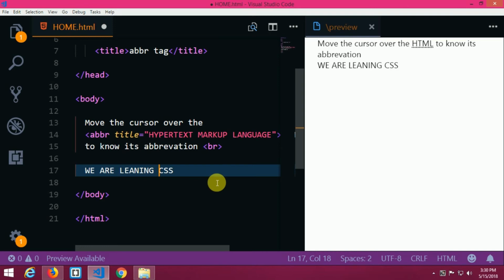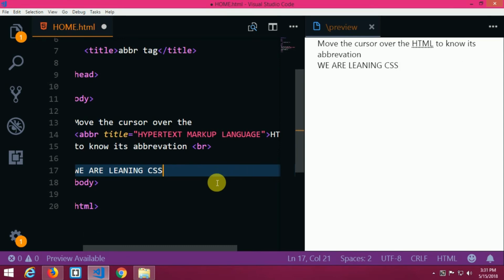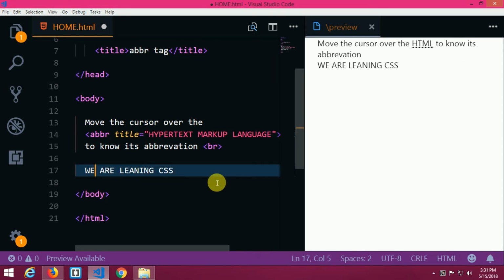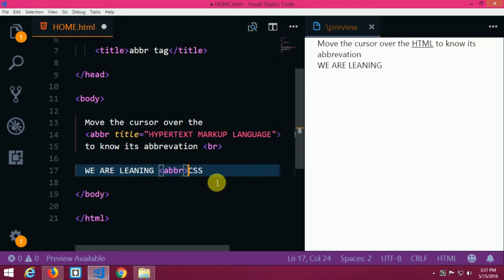For their convenience, we cannot write it like this in brackets. We cannot write cascading style sheet because it consumes lots of space. So we can avoid that, and we can do a short and simple method by adding the ABBR tag.